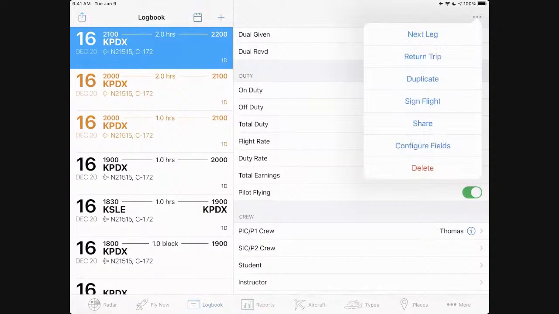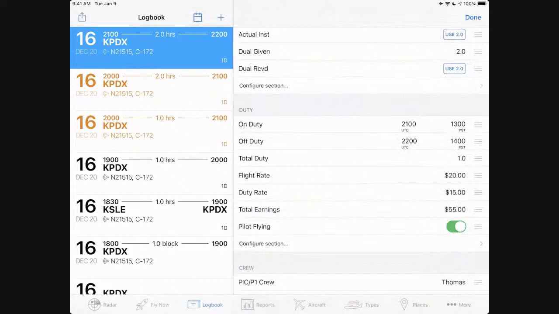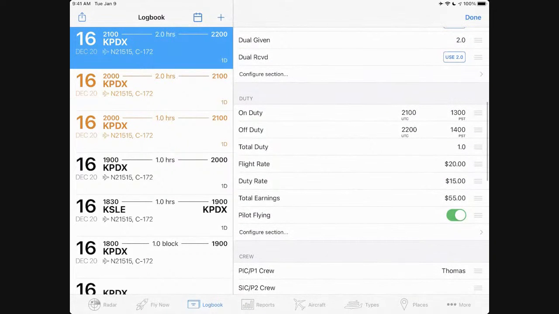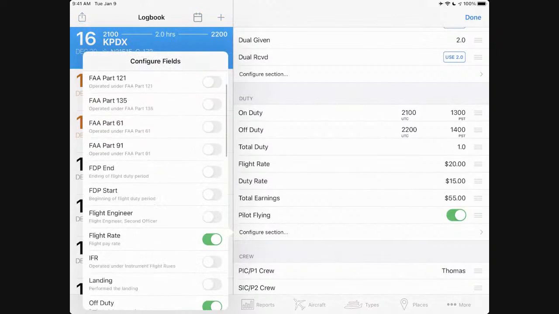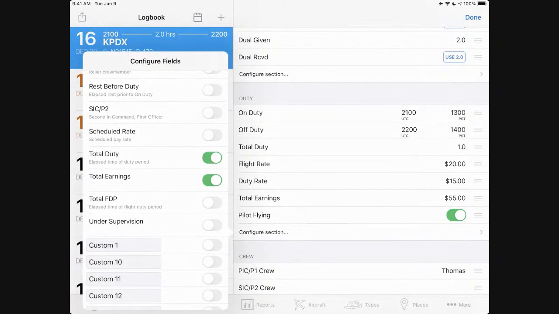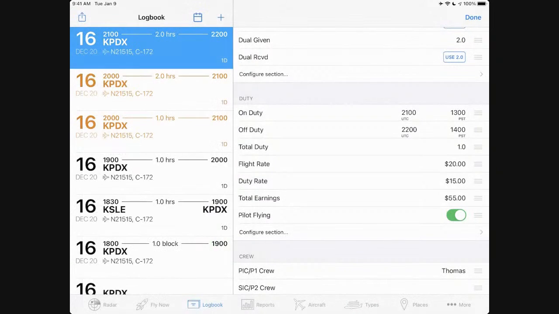Yeah, so the field is in configure fields, and it is under the duty section here. And then you have to configure the fields under your duty, and then you'll see total earnings. Now, one thing I do want to point out is that